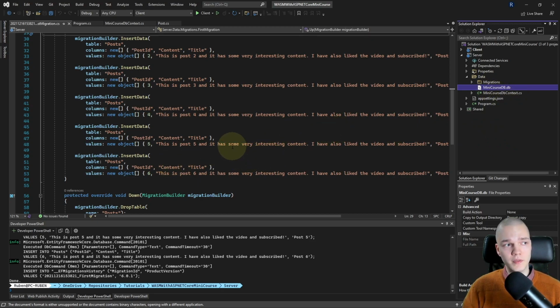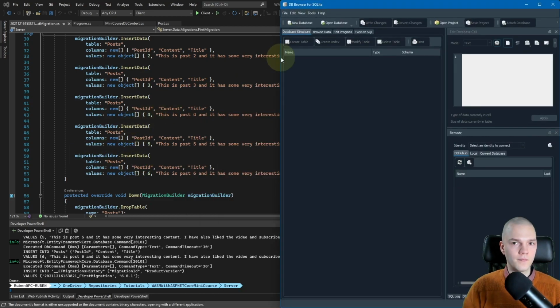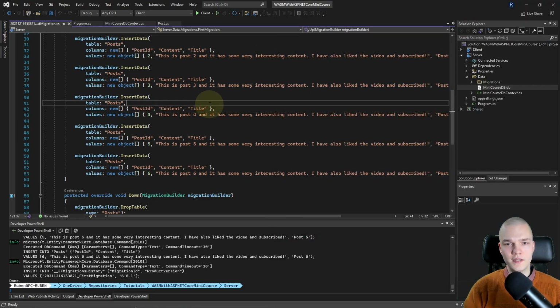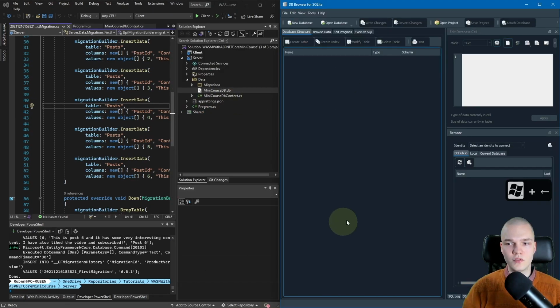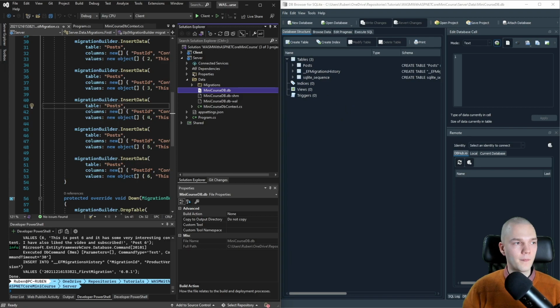So I'll just open it in some SQLite database explorer software. So that's this DB Browser for SQLite. And I'll open it side by side with Visual Studio and just drag and drop the database in there.